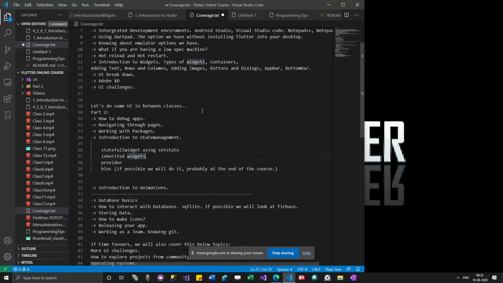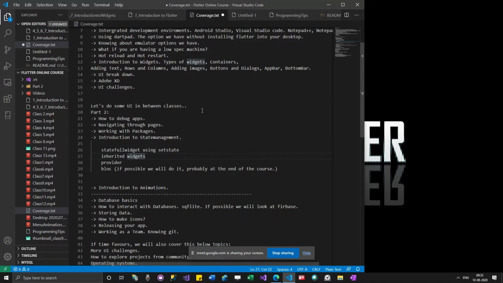When everything gets rebuilt, something you don't want to show on the screen might appear. Some value which you have computed but don't want to show on the screen until it is ready, but using setState somewhere else will impact that. Somewhere you change some value and you don't want to show that on the screen yet, but somewhere else you have used a setState which rebuilds everything, and those values might be shown on the screen which you don't want. These kinds of problems will appear in stateful widgets.